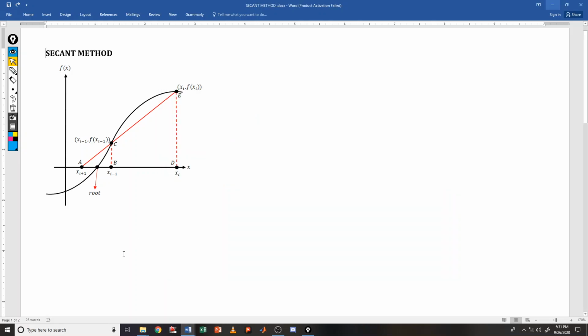Okay, good day everyone. So in this section, we have to discuss the second method. This is the secant method in finding the roots of a function using numerical methods solutions. So the second method, the background of the second method